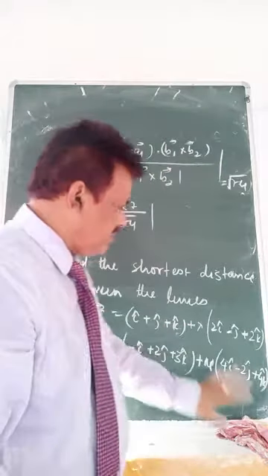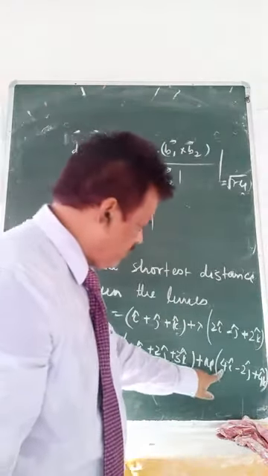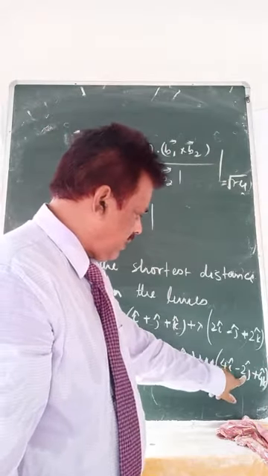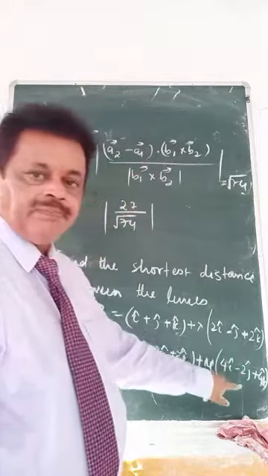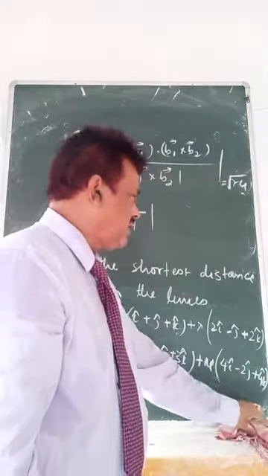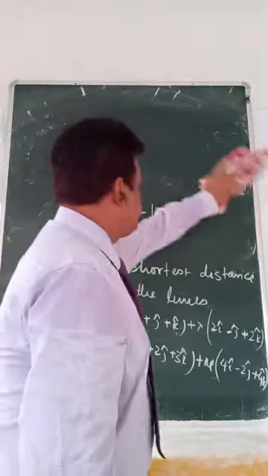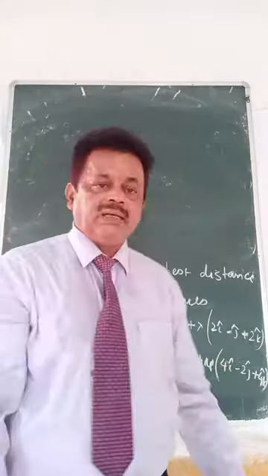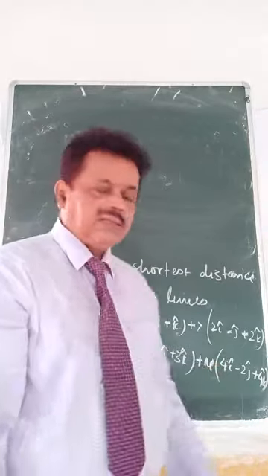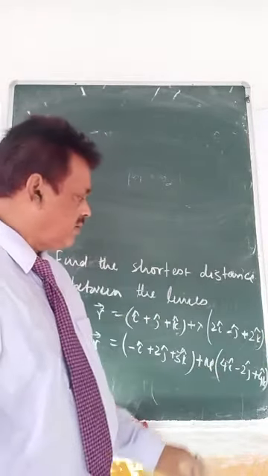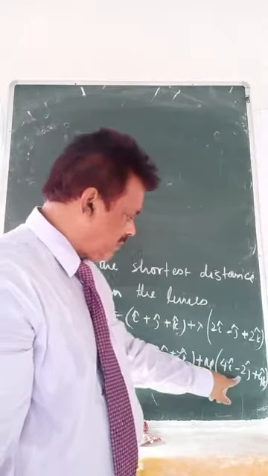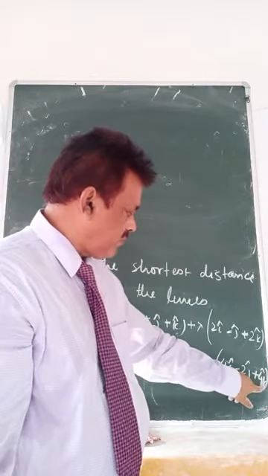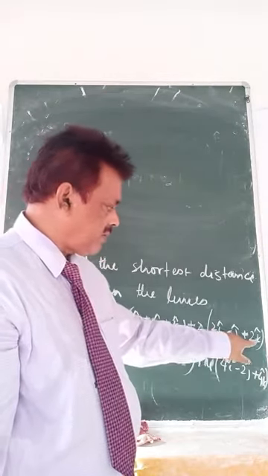Look at how to know these two are parallel lines: if you take 2 common here, that will be 2i - j + 2k, which means b will be the same. So this shows these two are parallel lines. First you have to compare whether b1 and b2 are the same or different. If b1 and b2 are the same, then they are parallel lines. If I take 2 common, exactly what is left out? 2i - j + 2k, 2i - j + 2k.